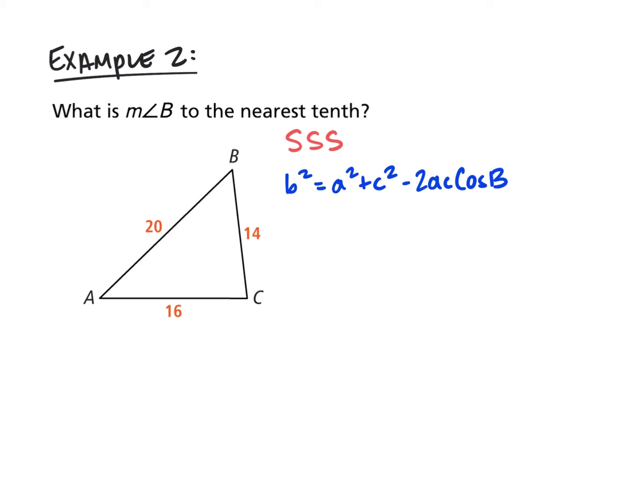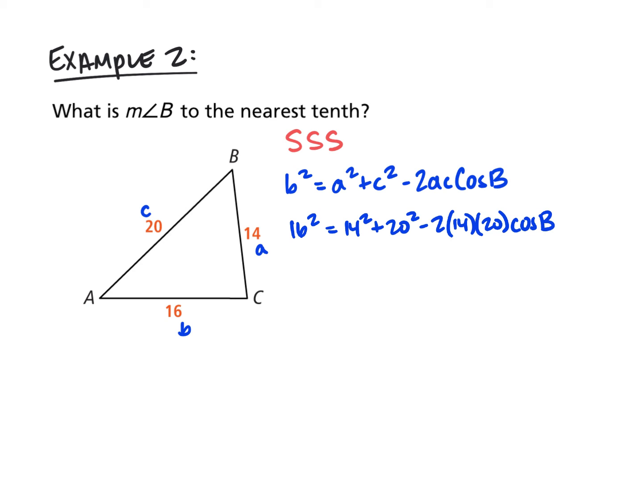So now I'm going to fill in my information. I'll just label what's what. That's going to be B, that's going to be A, that's going to be C. And of course we have our missing angle up here. So I'll have 16 squared equals 14 squared plus 20 squared minus 2 times 14 times 20 times the cosine